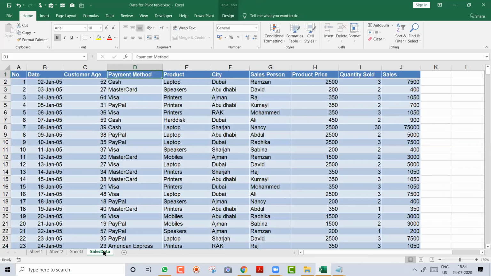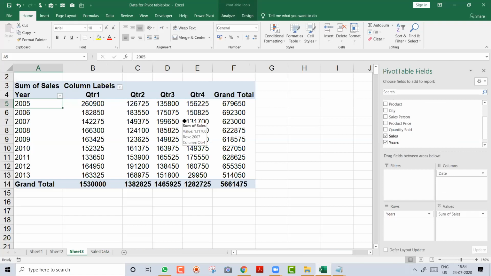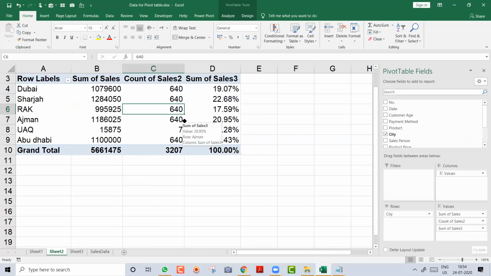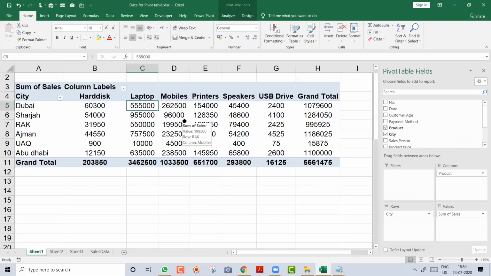You also know refresh, you have seen. Now we will move to the next part. Okay, I want you to pay attention. See how we will do this. Now you have created one report over here, one report over here, one report over here. You have 3 different sheets and 3 different reports, right?